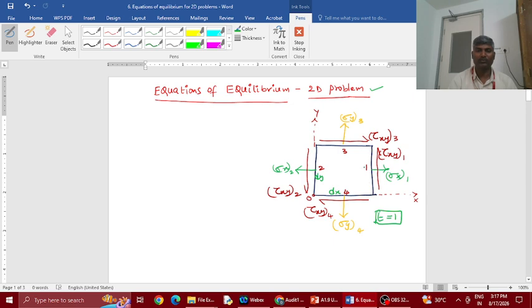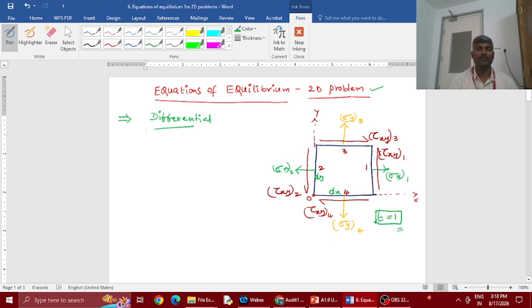I have represented the right vertical face as 1, left vertical face as 2, the top horizontal face as 3, bottom horizontal face as 4. These are the faces where the thickness perpendicular to this screen is 1 unit, so that makes the problem two-dimensional. For generating these equations of equilibrium in a differential form, otherwise called differential